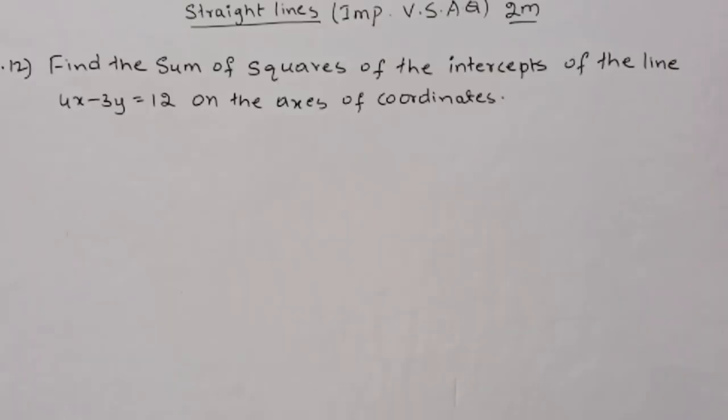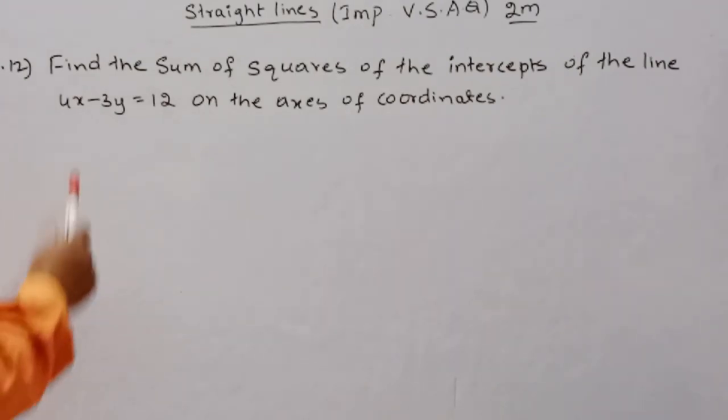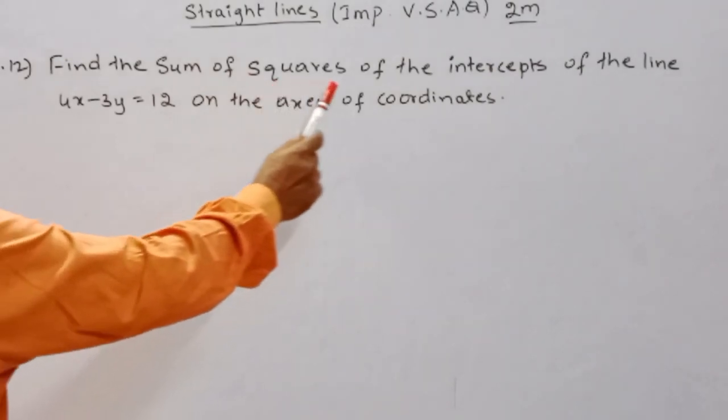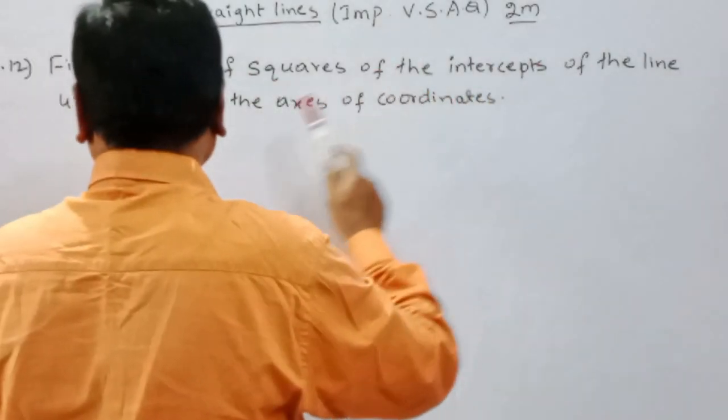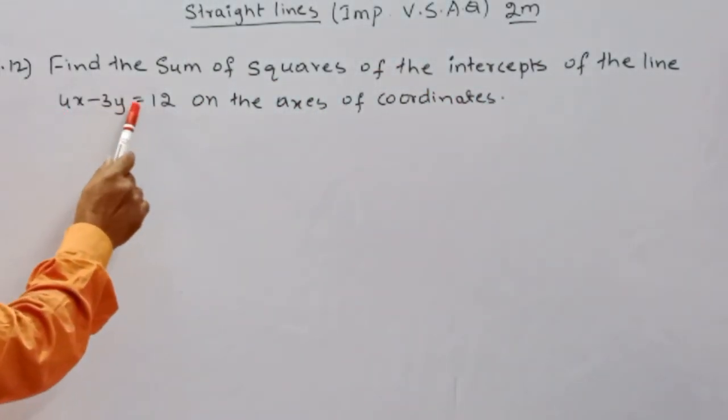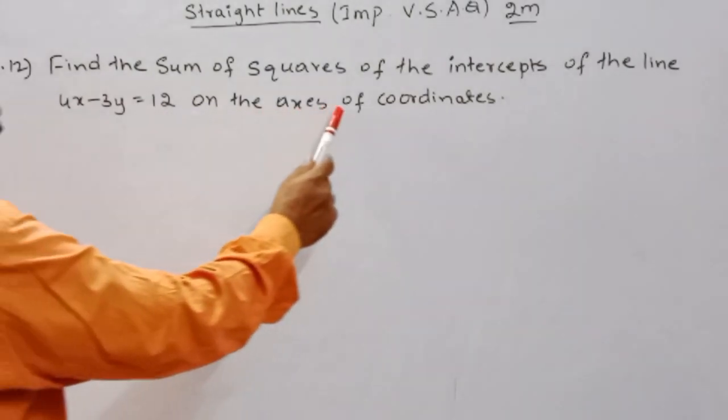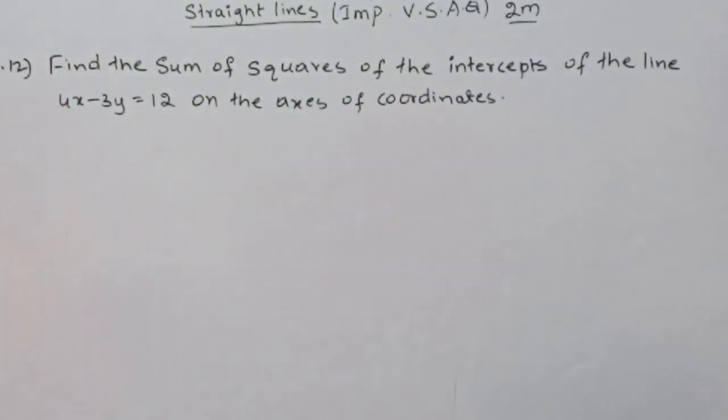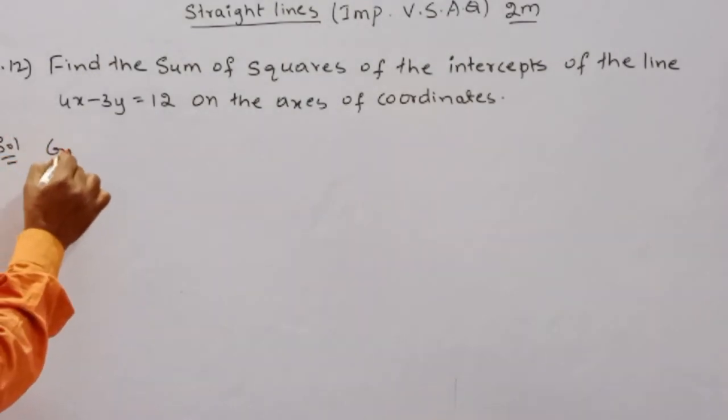We have one more problem. AP and TS, straight lines. Important, very short answer question. Find the sum of squares of intercepts of the line 4x minus 3y is equal to 12 on the axis of coordinates. Here, given line equation,